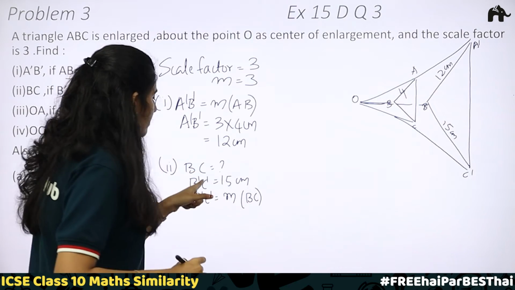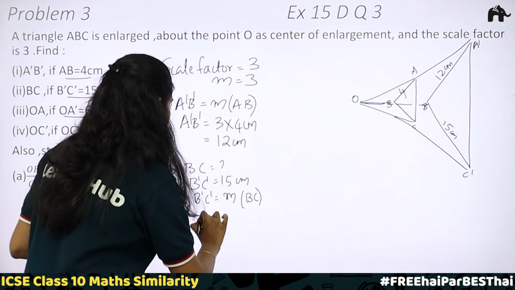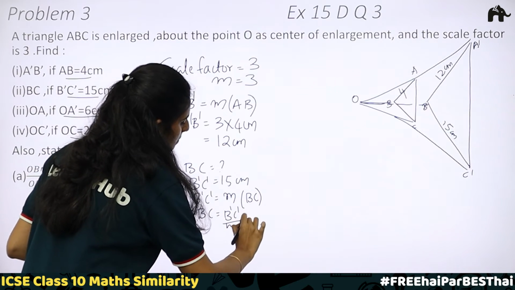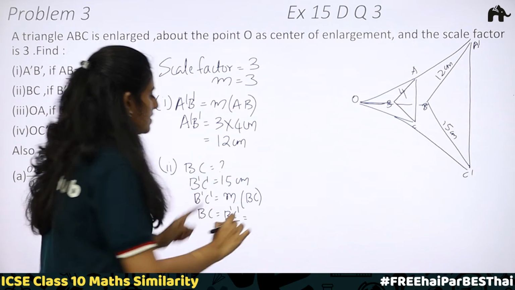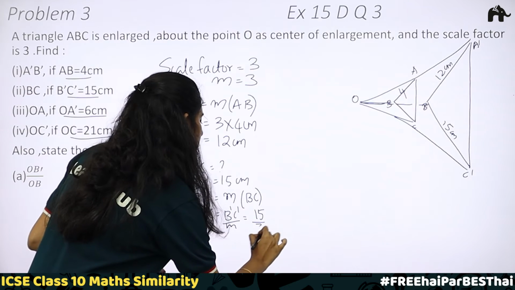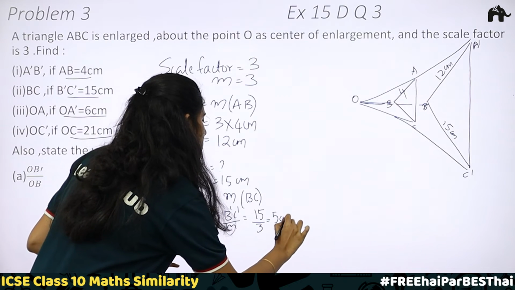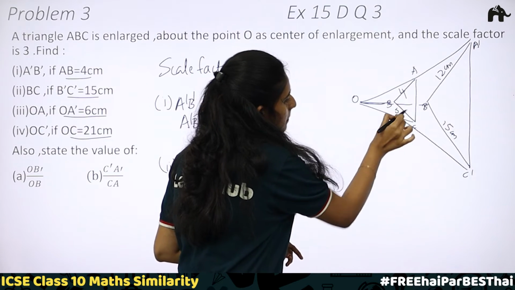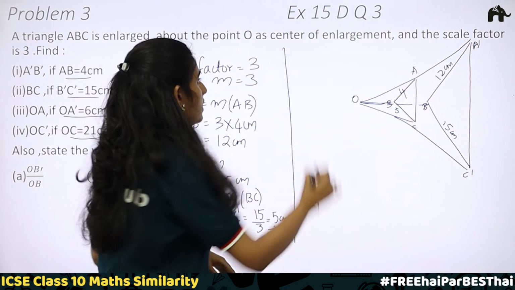Okay. Now we have the value of B dash C dash. Therefore, we will be having BC is equal to B dash C dash divided by M. Put the values. B dash C dash is 15 and M is equal to 3. 15 divided by 3 is 5 centimeter. So, 5 centimeter is the length of BC. Now the third one,